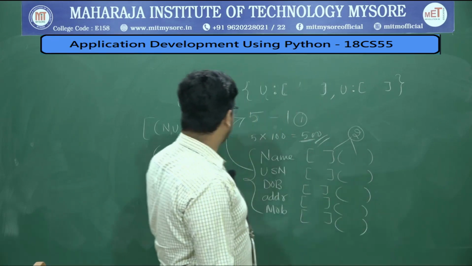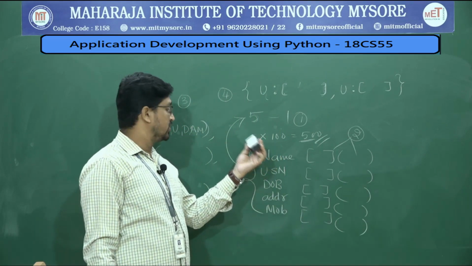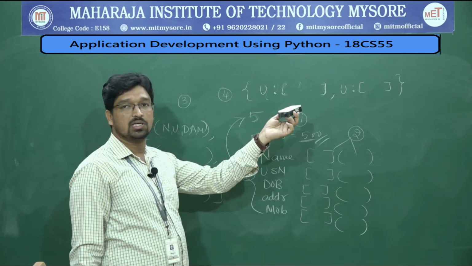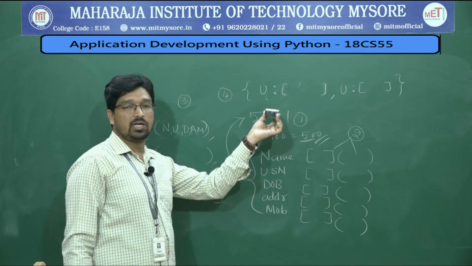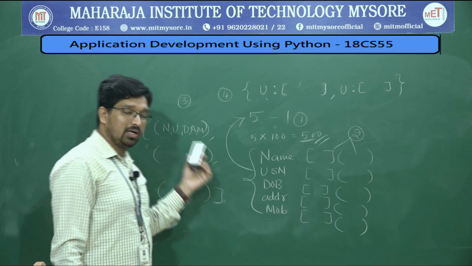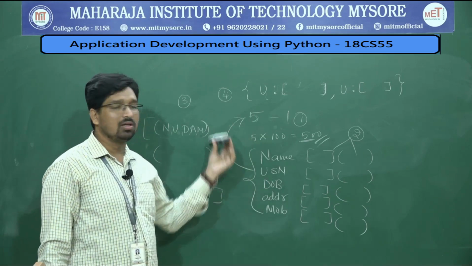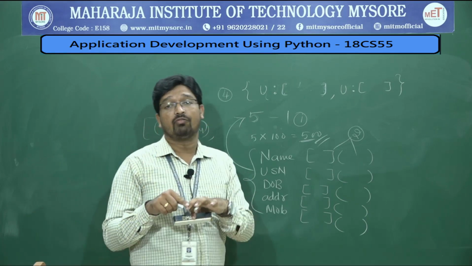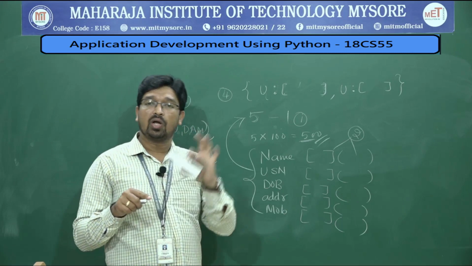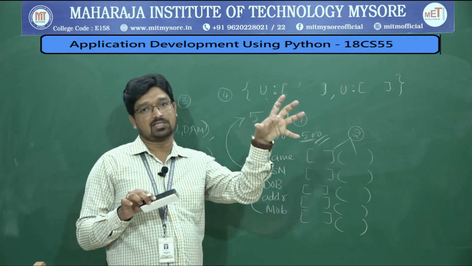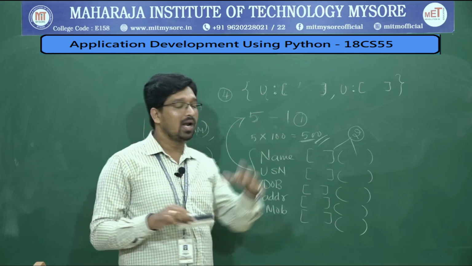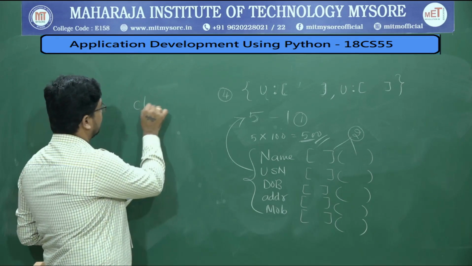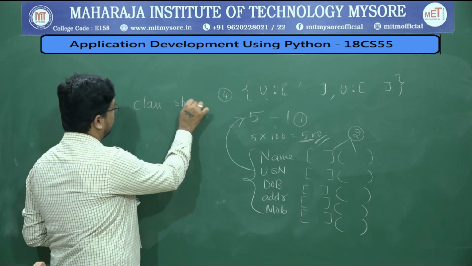In the same way, here I have so much data. So instead of creating so many variables or so many lists or so many tuples or so many dictionaries or a list of dictionaries, multiple lists, instead of considering all these methods, you can create your own blueprint of data, and you can call that blueprint a class. Let us say I will call that class a student class. Okay, I will consider that class as a student. So, class student.